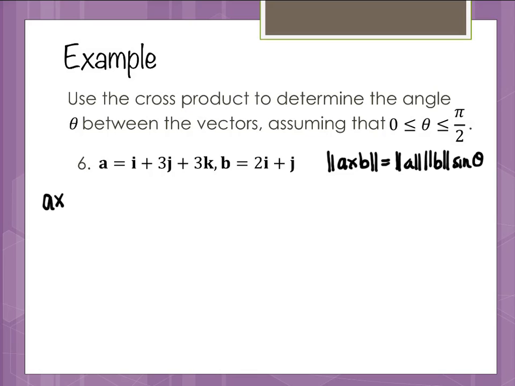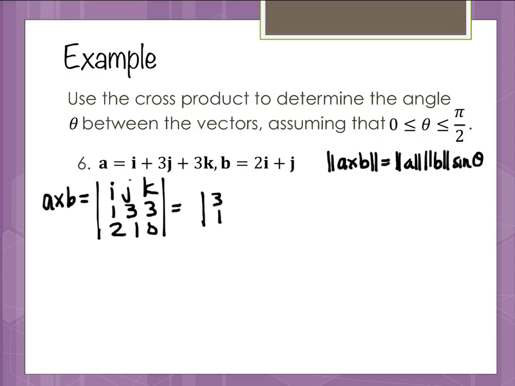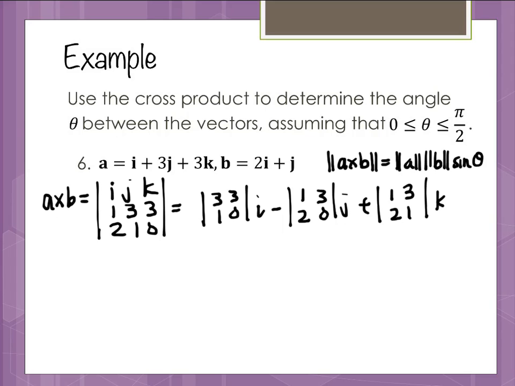So in essence, we're going to do both sides of this equation and plug some values in. So we're going to start out with the A cross B. So this is I, J, and K. I've got 1, 3, and 3, and I've got 2, 1, and 0. So we've got the vector 3, 1, 3, 0 times I minus 1, 2, 3, 0 times j plus 1, 3, 2, 1 times k. And we're going to multiply. So I multiply down, I get 0 minus 3, so this is negative 3i. And then I have minus, this is 1, and then it would be minus 6, but then the minus here would make it a plus